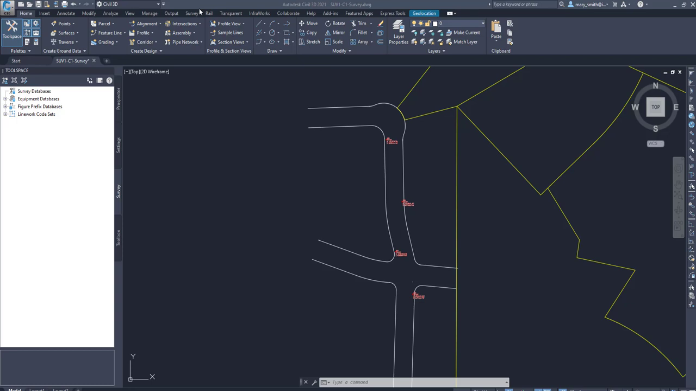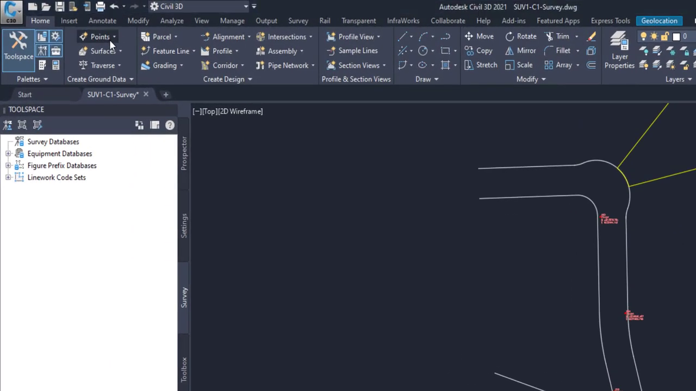In activity 4C, we're going to continue working with the same drawing where we just altered our point label descriptions and our point style, and we're going to manually create a point. So from the Home tab at the left where I have the Create Ground Data,